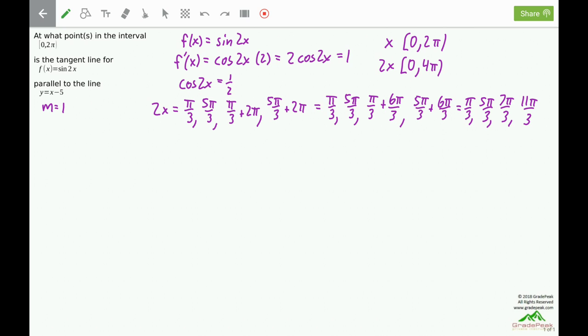This is 2x equals to this. So we're now going to solve for x. And solving for x, we divide both sides by 2. So I'm going to divide each of these by 2. That's going to put a 2 in their denominators with the 3 that's already there. So if I divide by 2, I end up with pi over 6,